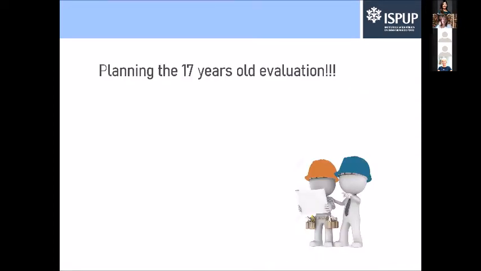Now we are planning the next evaluation, which hopefully will take place next year. We are in the process of discussing new challenges, because the adolescents are now in a critical phase. They are entering university, and it is a big challenge to see how we can work out an evaluation and a physical evaluation of these participants in this phase of their lives.